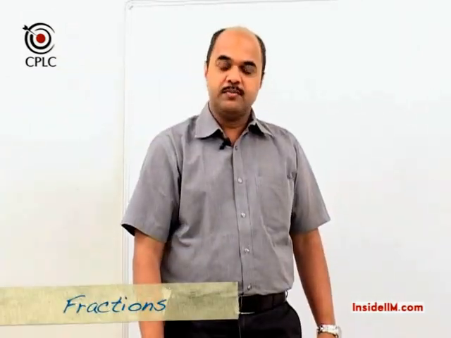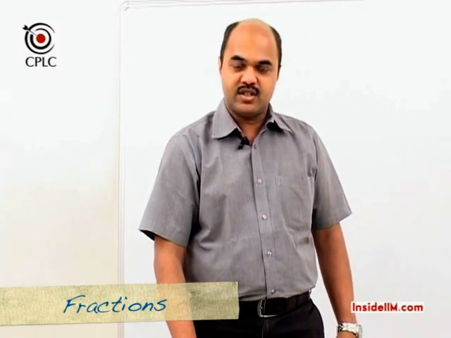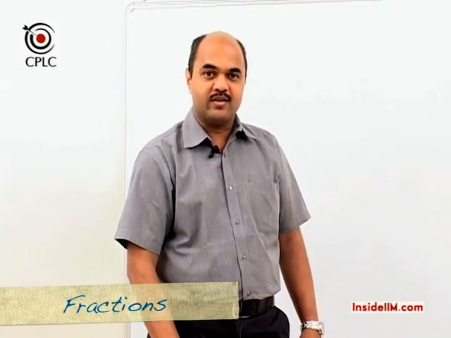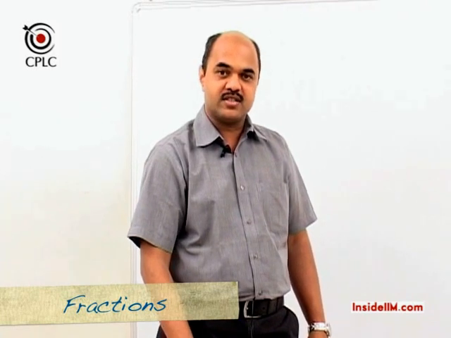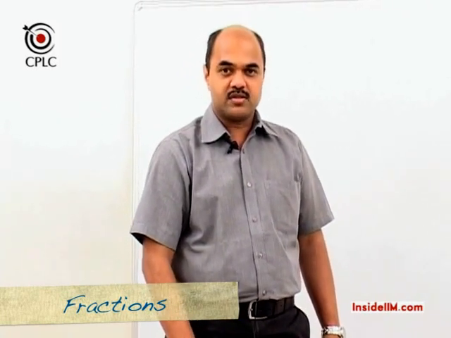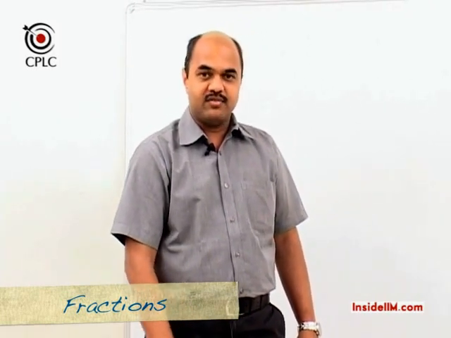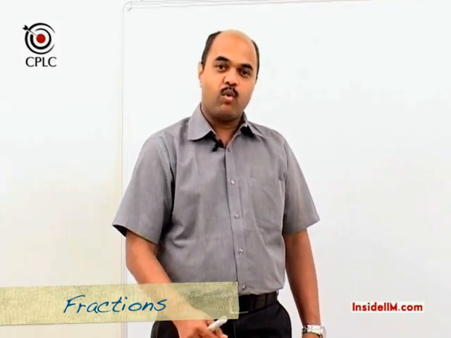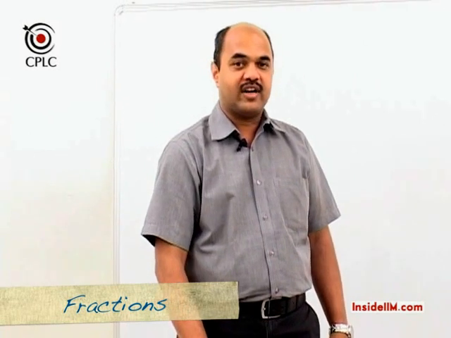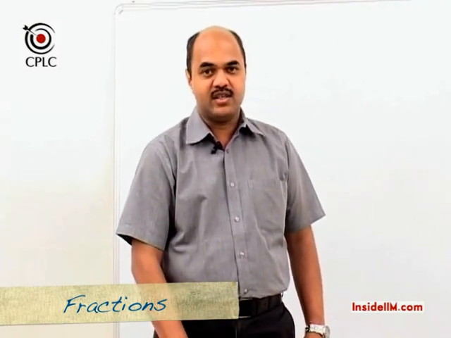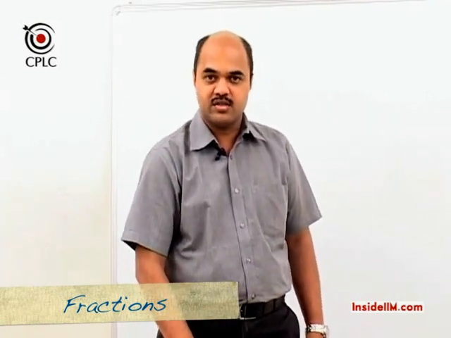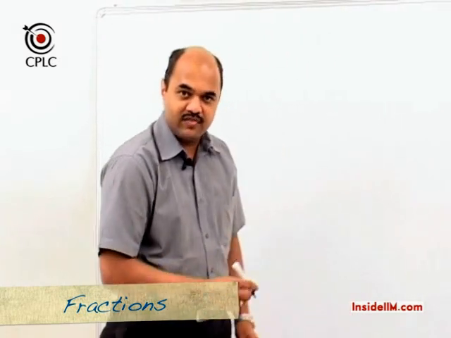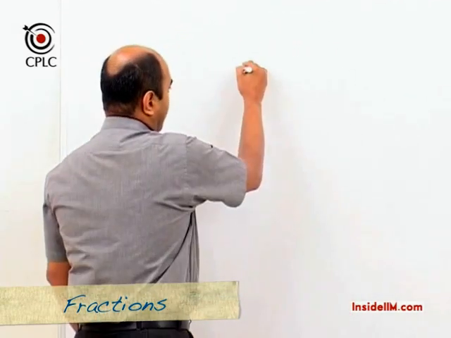We've already understood the meaning of HCF and LCM, and we've also learned how to calculate the value of HCF and LCM for a given set of numbers. However, the examples that we took up, they were all integral values, they were integers. But what if the numbers given to us are fractions and we want to find the HCF and LCM of fractions? So how would we find out HCF and LCM of fractions?